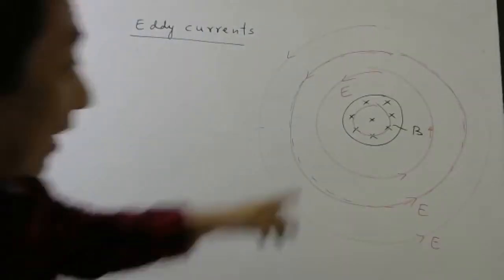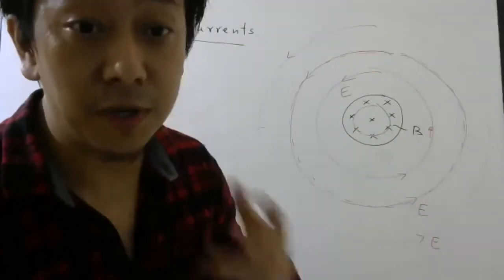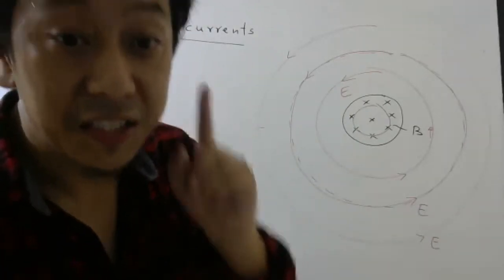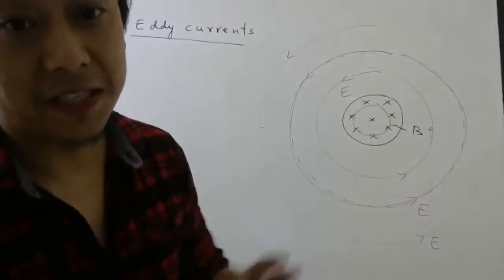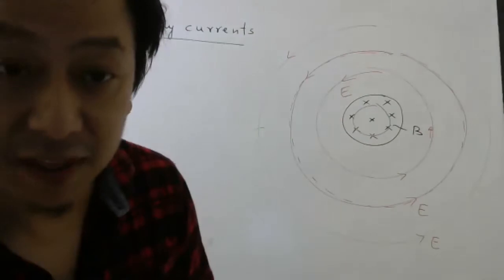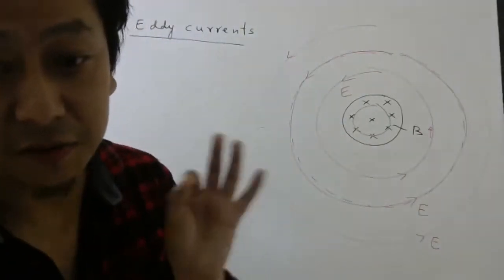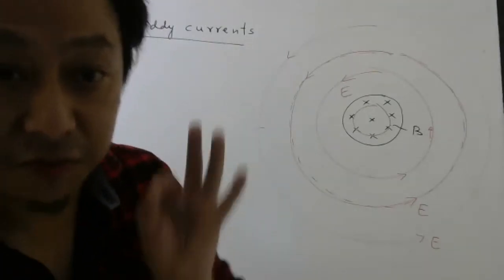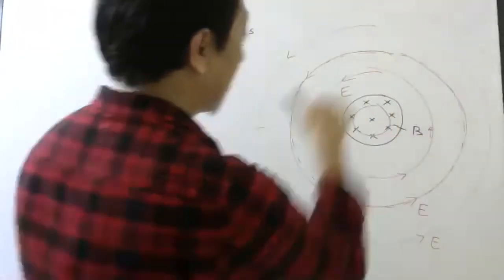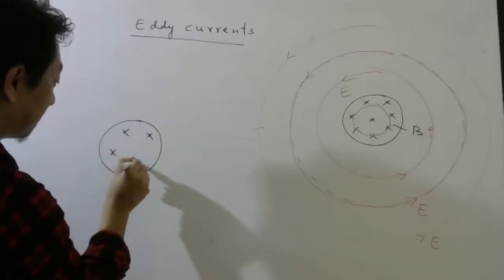Okay, students, is this an electrostatic field? No. This is an electric field produced not by charges. It is an electric field produced by changes in magnetic field. And this kind of electric field, I have given one name. What was the name? Yes, super. Induced electric field. And they are closed loops.